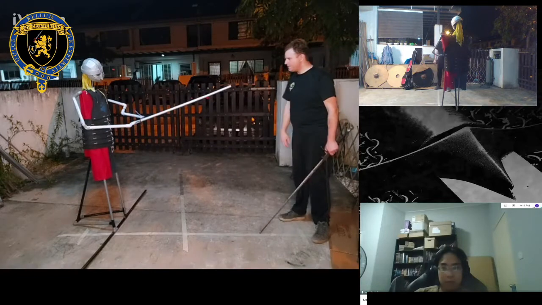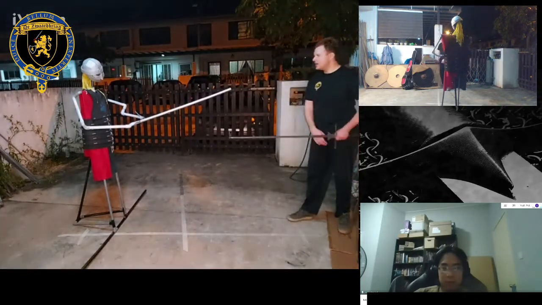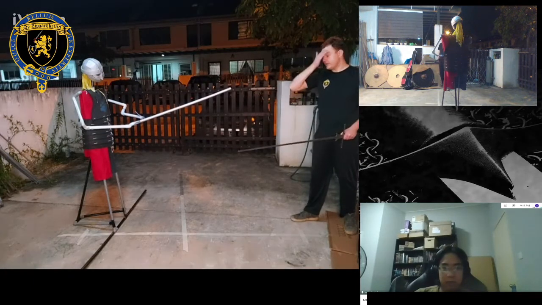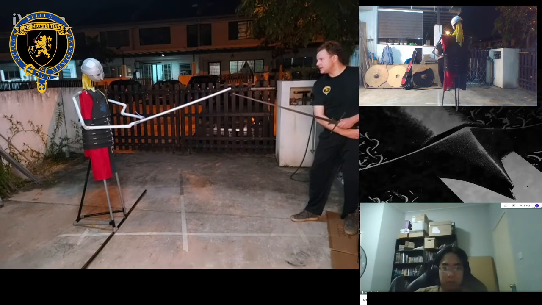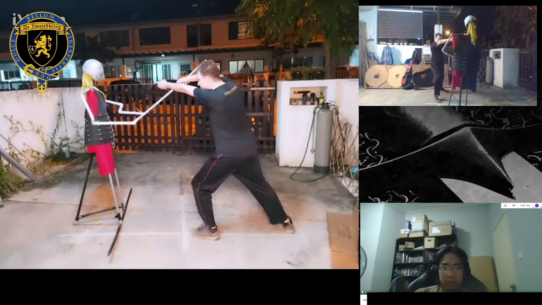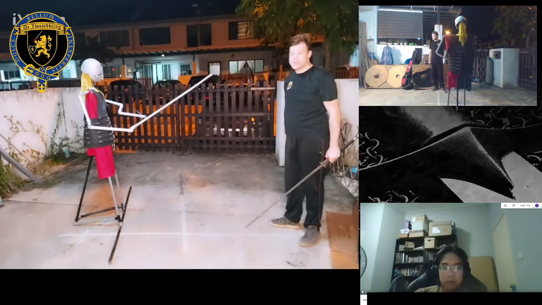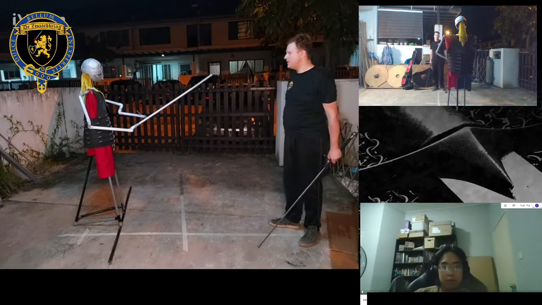So, if my opponent is too far, I need to really go back here. If my opponent is really too far to do any damage, he couldn't even hit me if he lunged, then I can easily step forward straight at my opponent. Just directly forward, because I need to cross that distance from me to him.